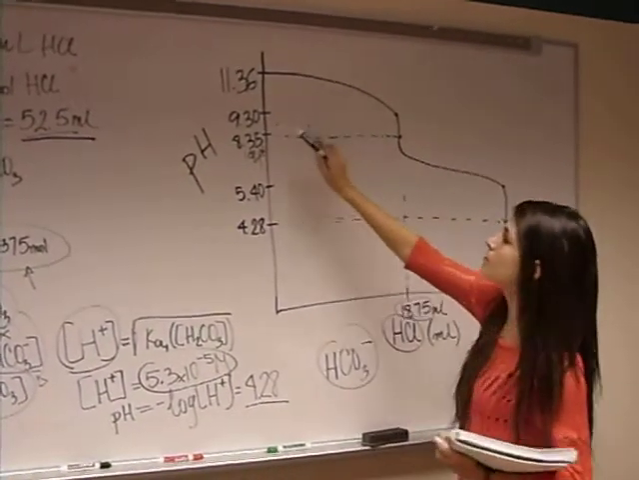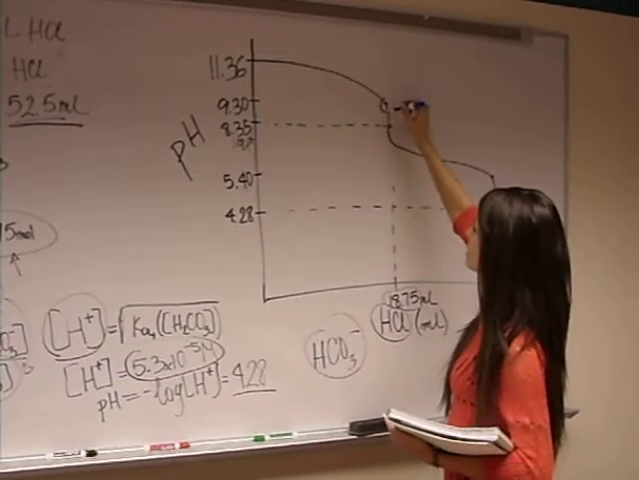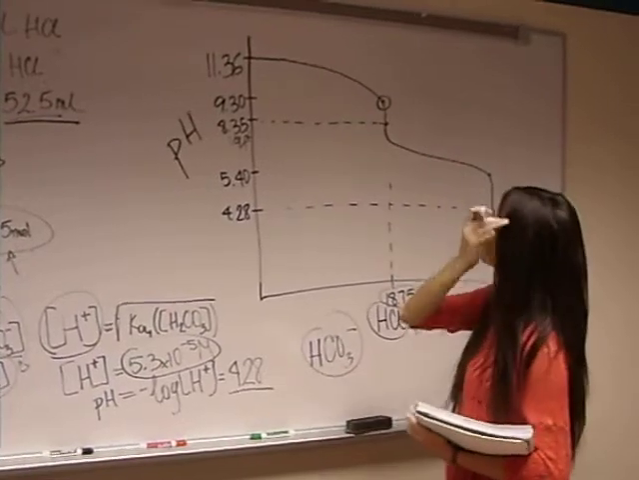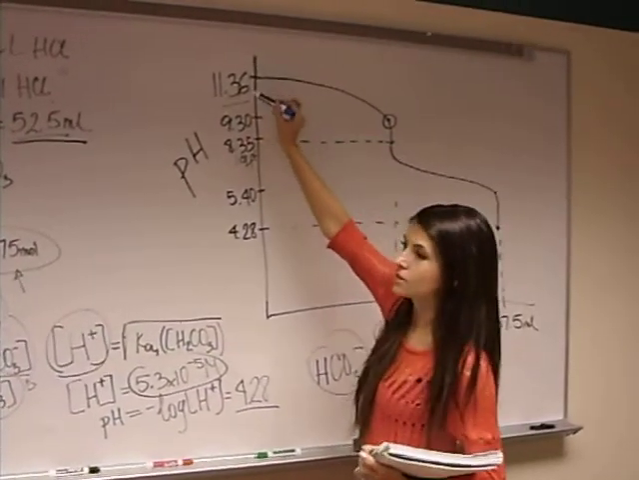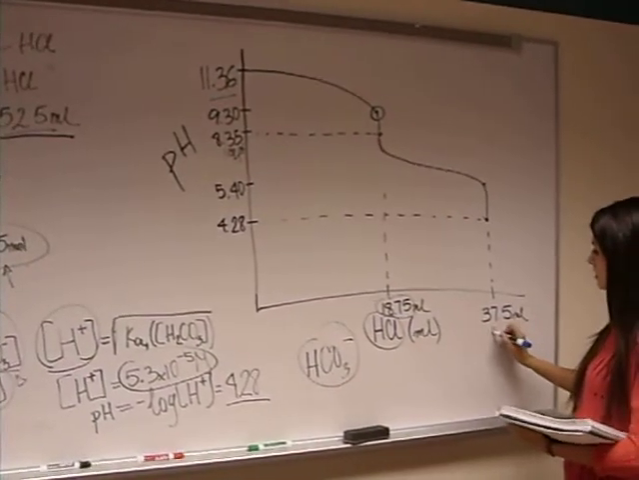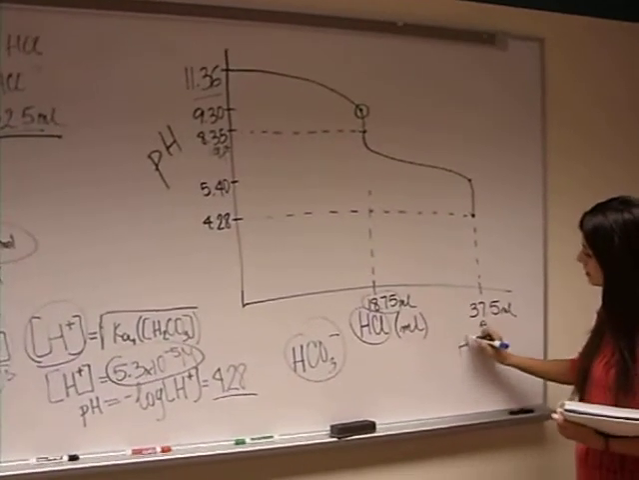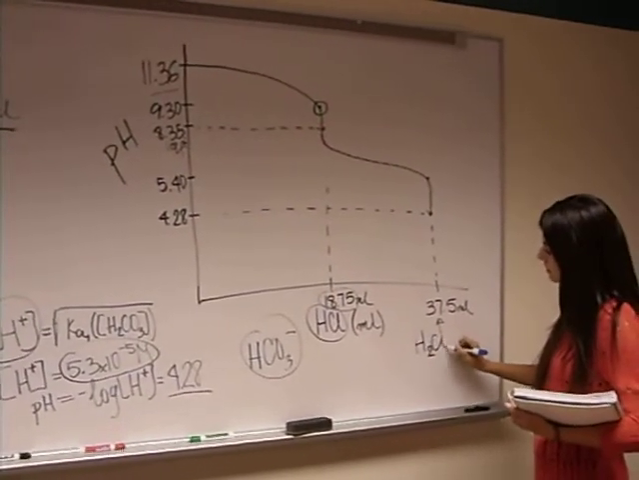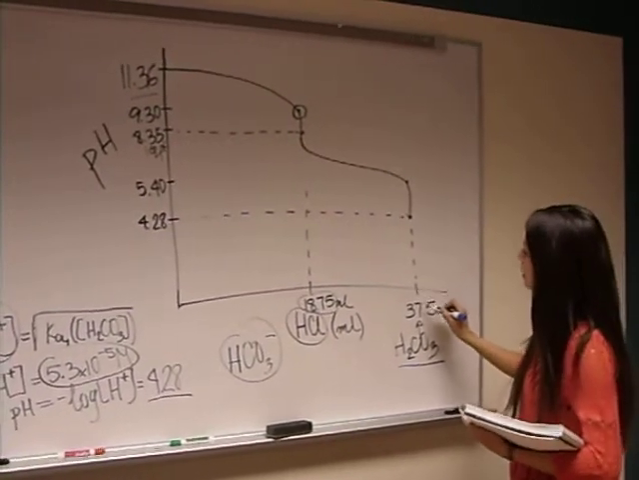And our point before our first equivalence point is at the same concentration. And this is our initial pH that we calculated first. And then here is the volume of HCl used to create the carbonic acid. So here we have 2 moles